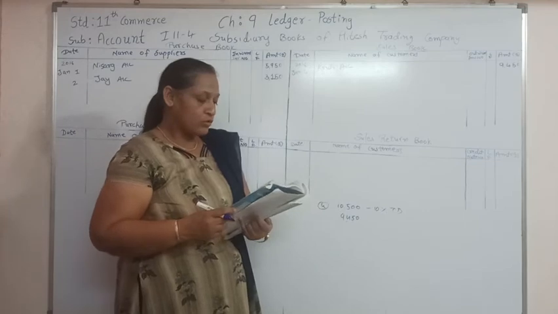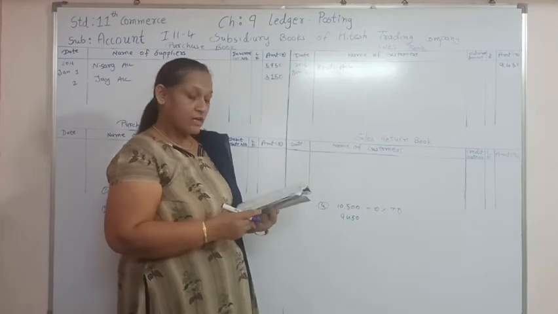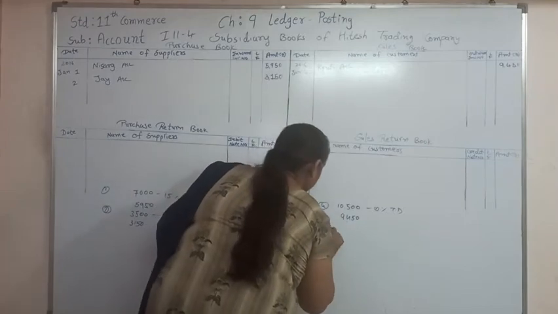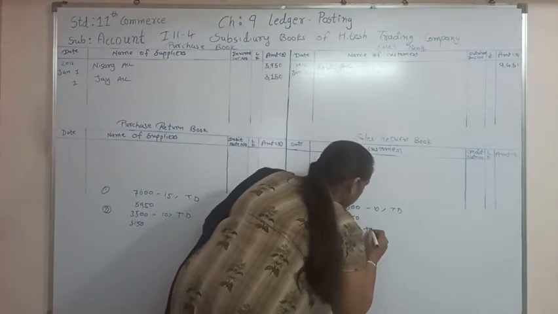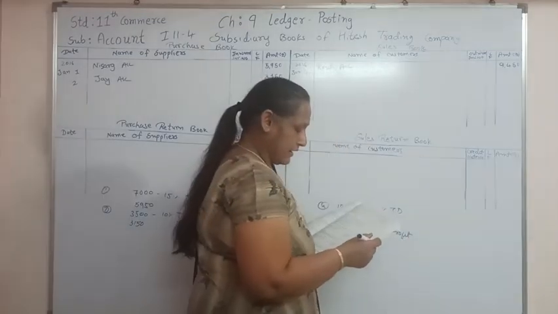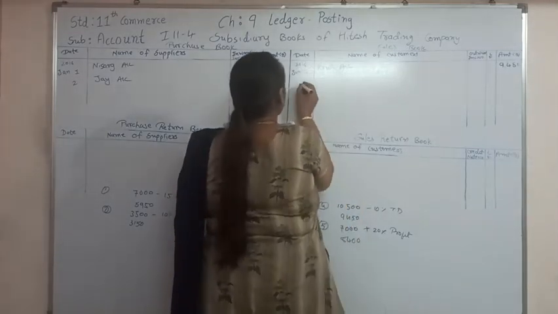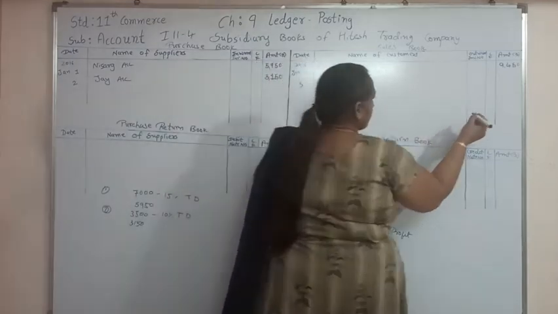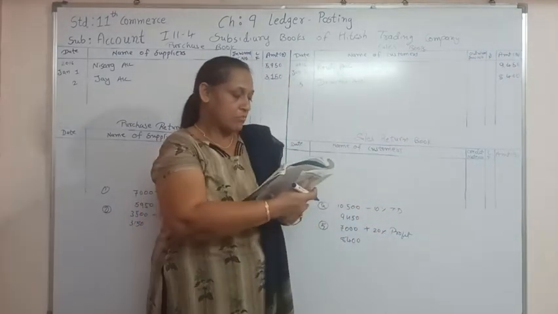Now on date number 4, goods of rupees 7,000 are sold to Devami at 20% profit on cost. So here the cost of goods is 7,000, and as we know, we are going to add the profit. So with 20% profit added, we are selling the goods at rupees 8,400. So here we will write Devami account, and that will be 8,400. Now let's see date number 7.